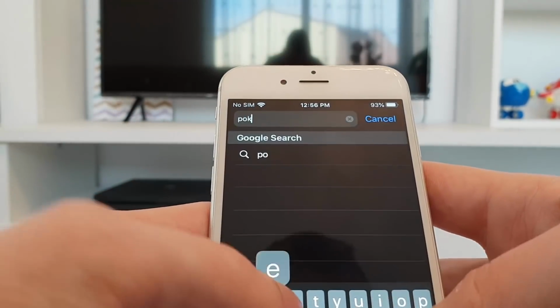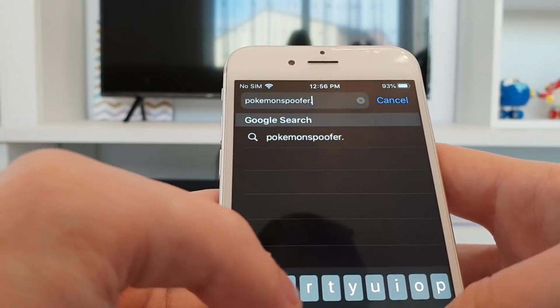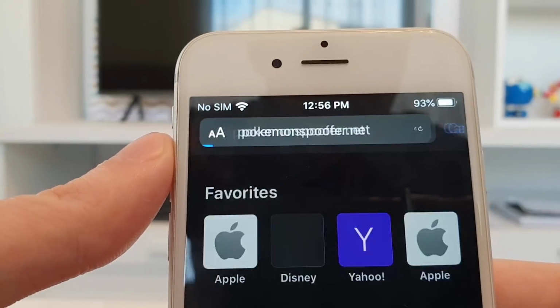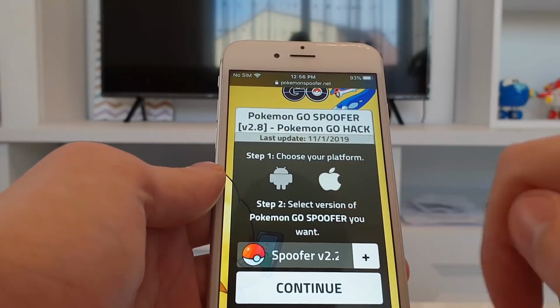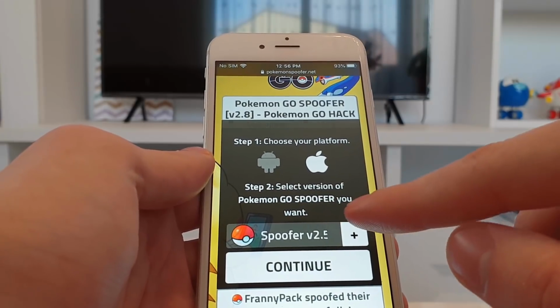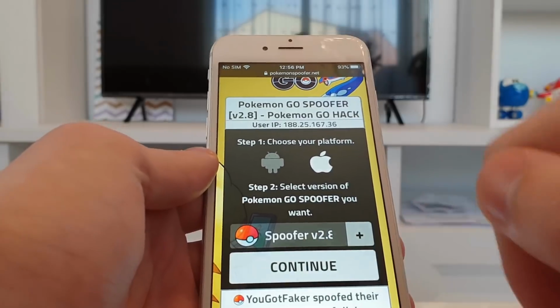Open up your browser and go to PokemonSpoofer.net. So PokemonSpoofer.net is the website, and once you're here guys, all you have to do is choose your platform. And here the version of the spoofer, I highly recommend you go with the latest version 2.8 and then press